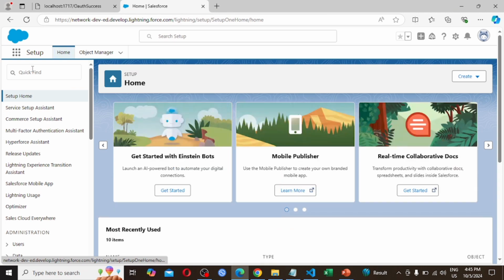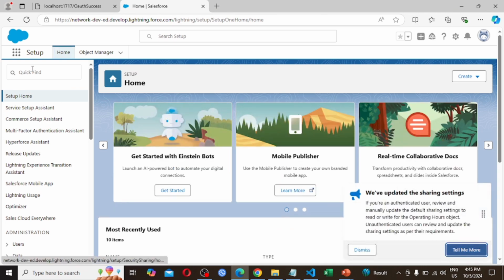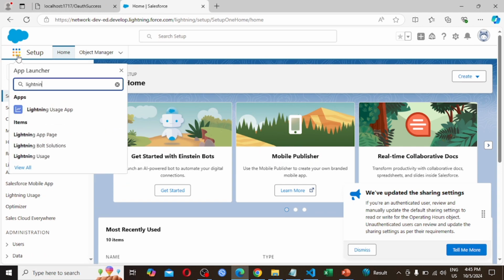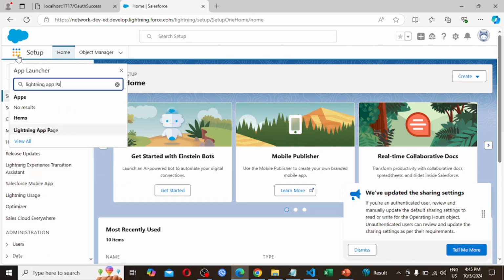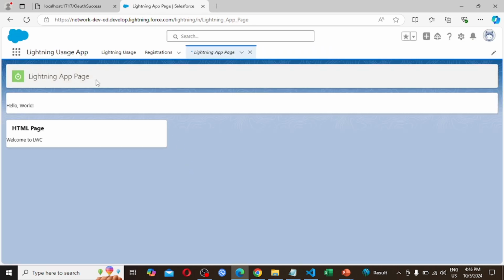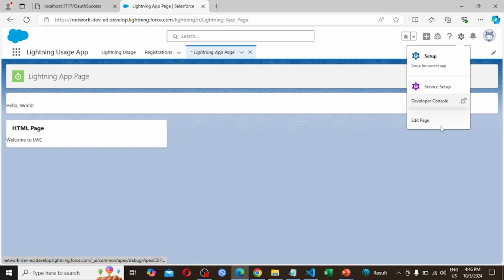As we had already created a lightning app page, search for that in the app launcher. So lightning app page, click on this. The lightning app page is displaying over here, and at the right side we need to click on setup, click edit page.